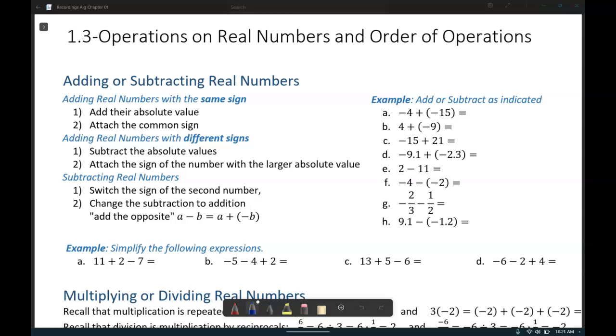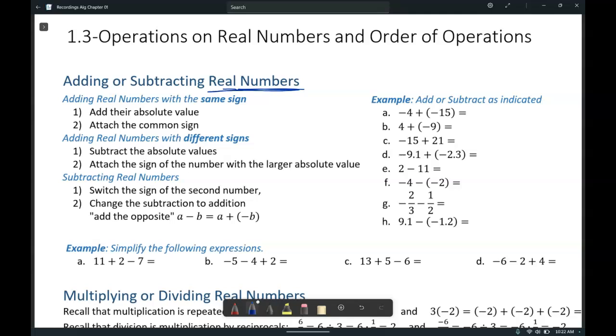Welcome to our second lesson of our first unit, section 1.3, operations on real numbers and order of operations. We're going to start by talking about adding and subtracting real numbers, something really basic but fundamental in understanding truly how positive and negative numbers interact with each other. And again, these are for real numbers, so this applies for integers, for fractions, decimals, whole numbers, rational and irrational